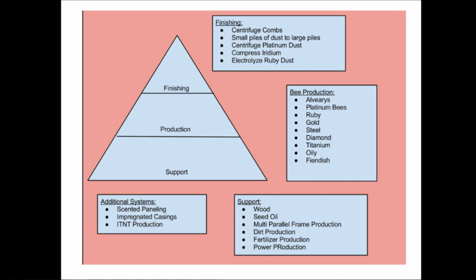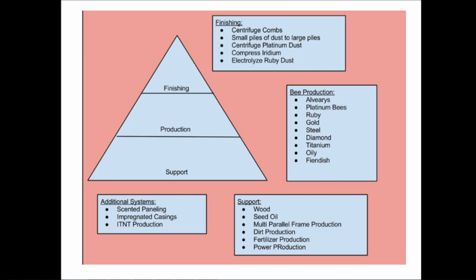So first I want to go over how the whole system is laid out. It's broken up into three different sections, and their scale is proportional to like a pyramid. On the top you have the finishing section, and then in the middle you have production, and then the bottom